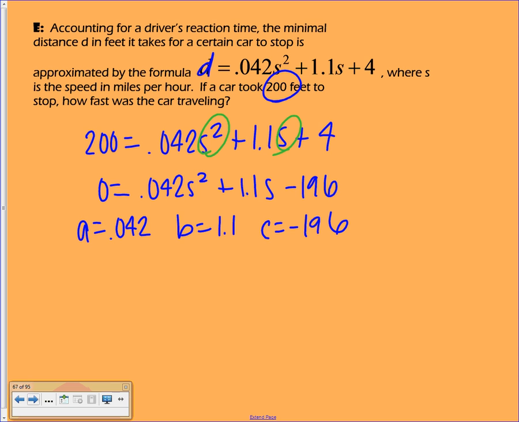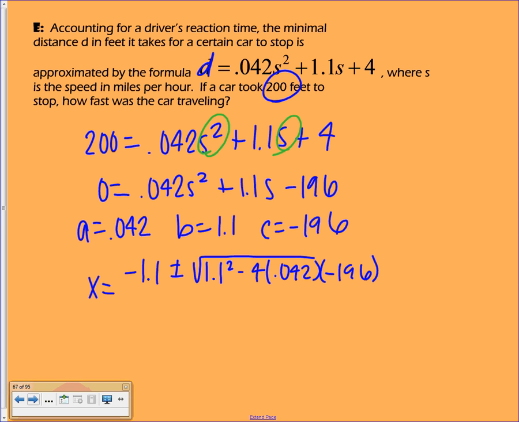Don't go so fast that you're running over your negatives. Plug it into the formula. X equals the opposite of B, so negative 1.1 plus or minus the square root of 1.1 squared minus 4 times 0.042 times C, negative 196, all over 2 times 0.042. Next thing should be, you got it, do what's underneath the square root, so find the discriminant. The discriminant on this one should be